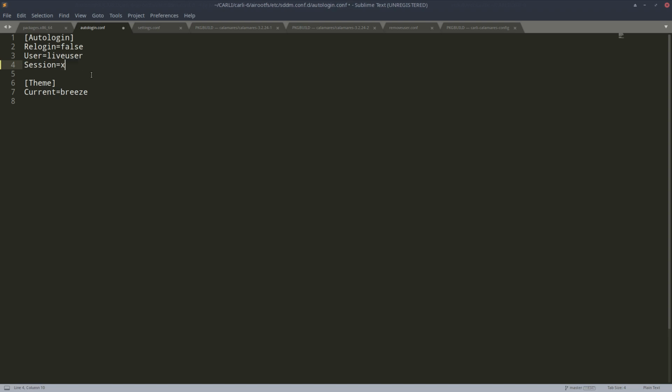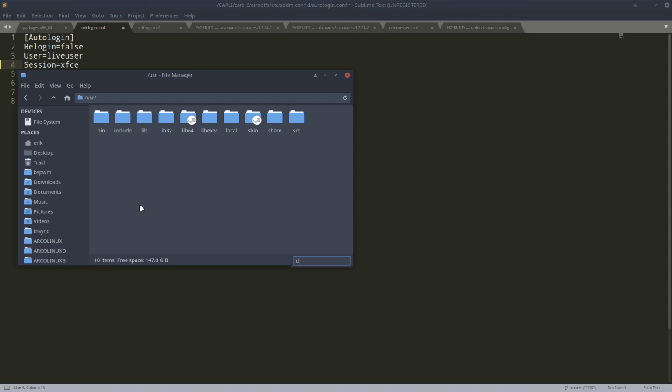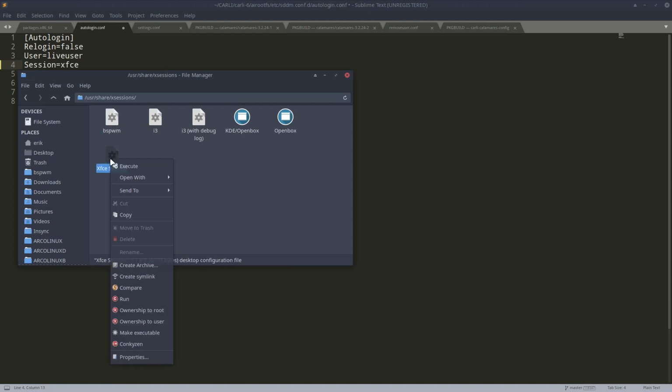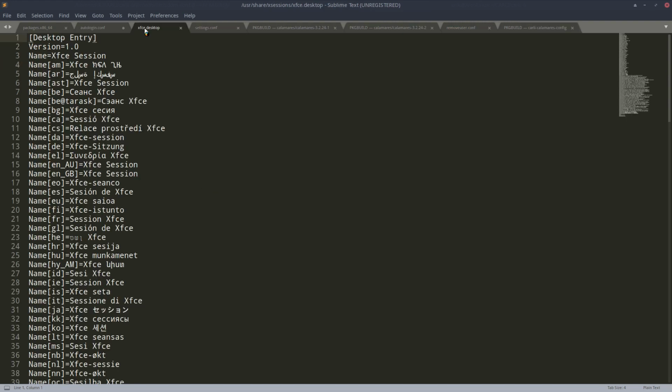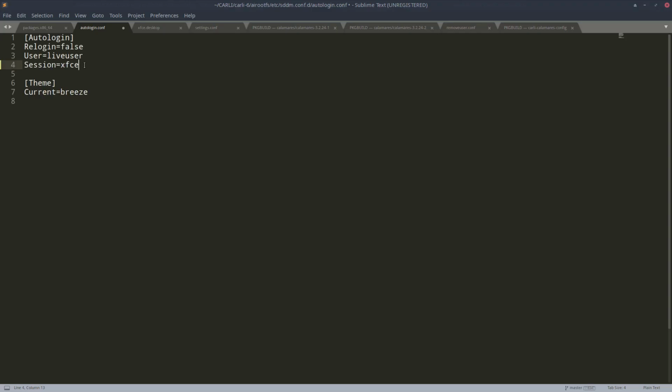So it should have said XFCE, well, 4 or without 4. It depends. And what does it depend? It depends what's in here. User, share, okay, share, xsessions, what it says here. So if it says XFCE4, it's XFCE4. If it says XFCE, you see here, .desktop, it's without the number. So basically, if I wanted to have an auto login, which is not in this case, I should change that,